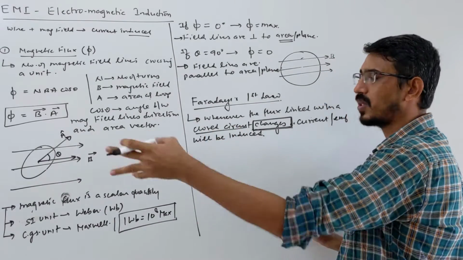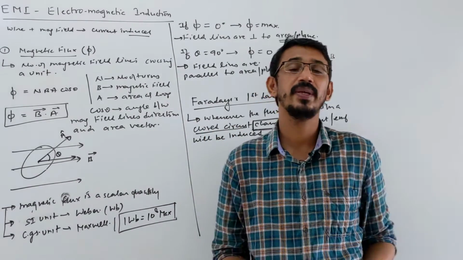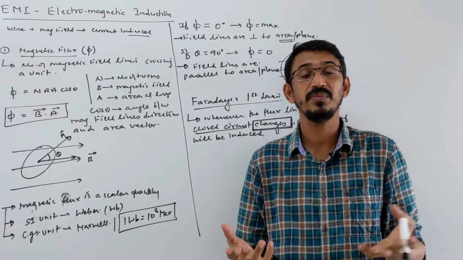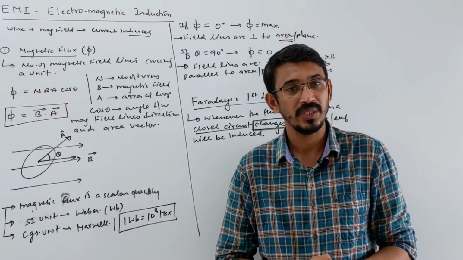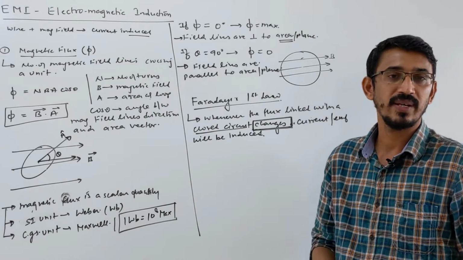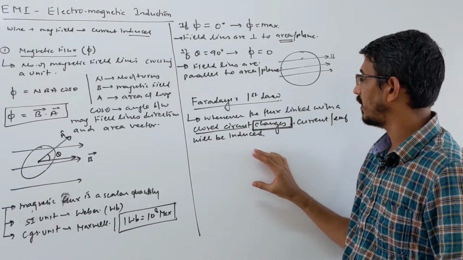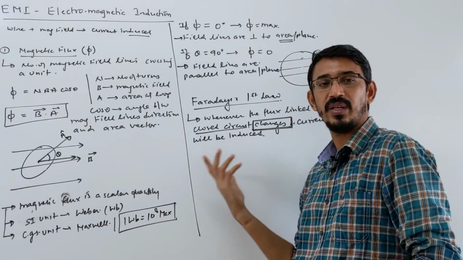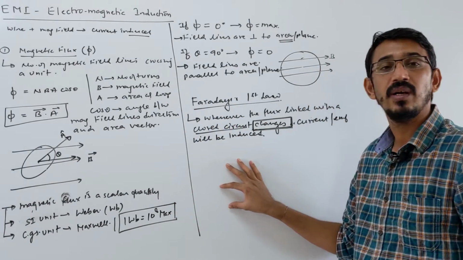It's just like Newton's laws. Newton's first law gives the definition of force. It says force is something which can change the state of rest, state of motion, or direction. Then the second law gives a formula to calculate how much force is there. Exactly the same thing here. The first law gives what EMF is, when EMF is induced. Then the second law gives how much is induced.